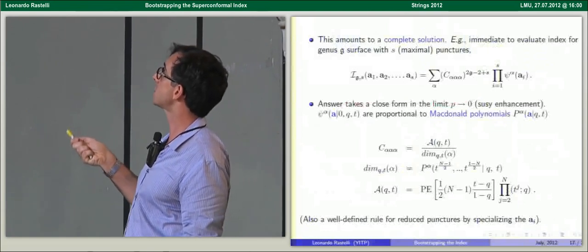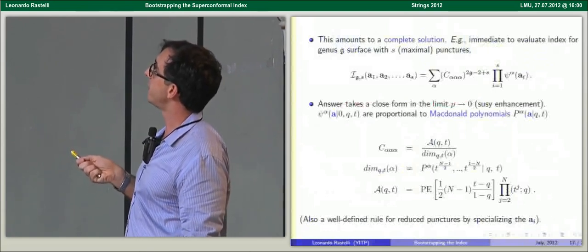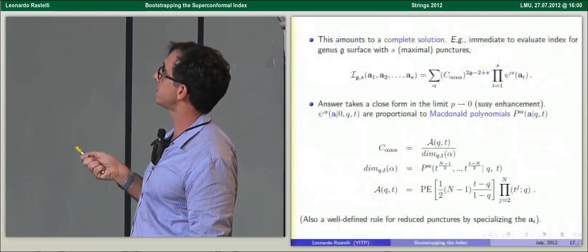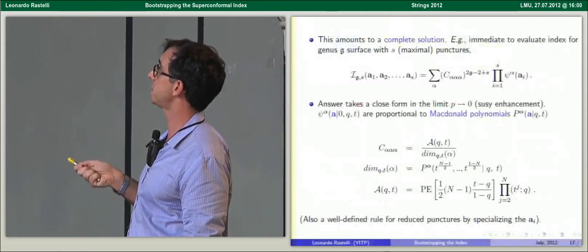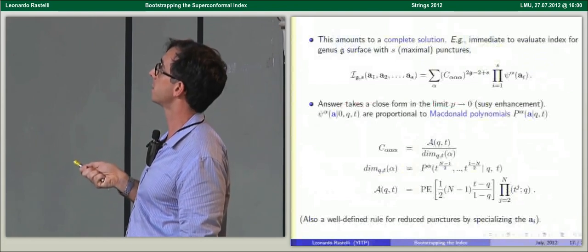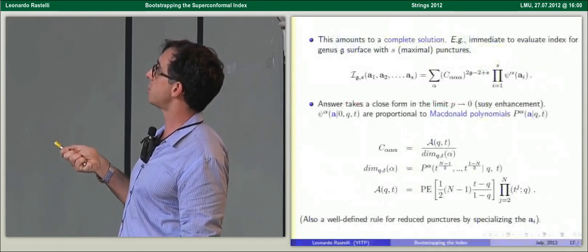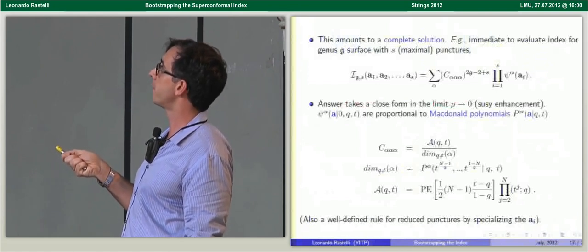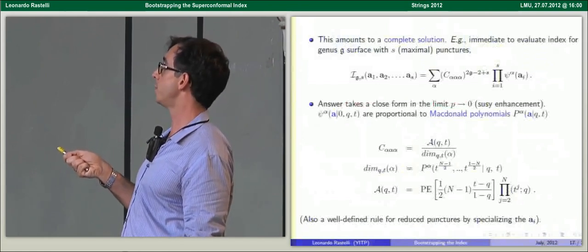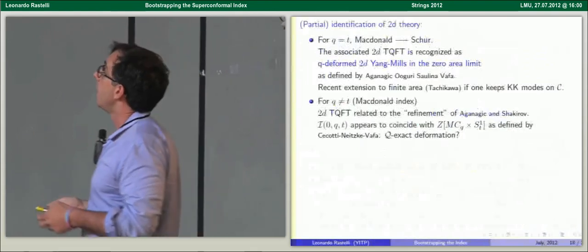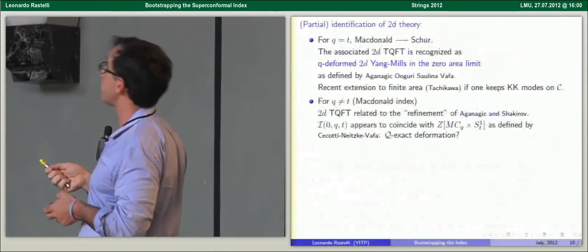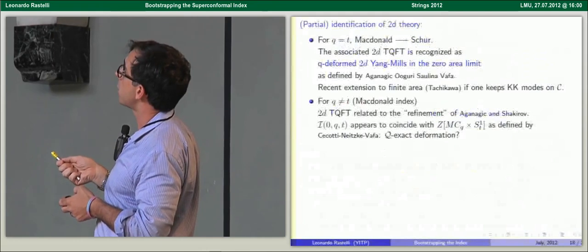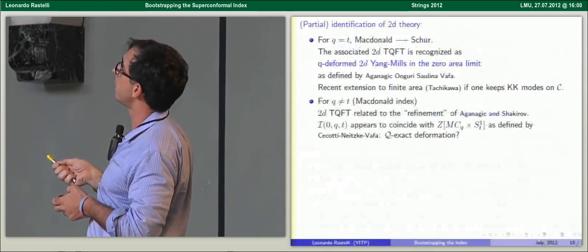We have an approximation scheme in our paper. But if you take a certain limit when one of the fugacities goes to 0, then everything is very explicit. It can be written in terms of Macdonald polynomials. In particular, the structure constants are inversely proportional to the quantum deformed and T deformed dimension of the group. And if you take the further limit where Q is equal to T, Macdonald polynomials degenerate to Schur polynomials, and